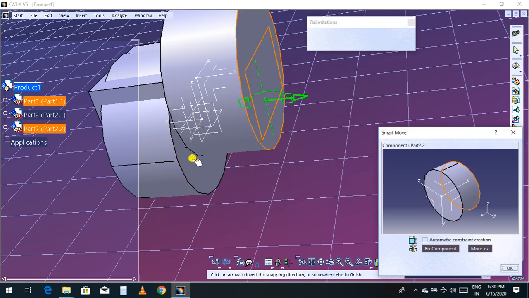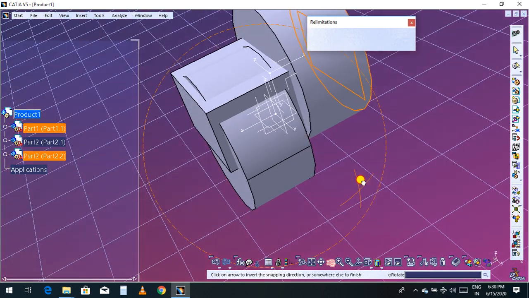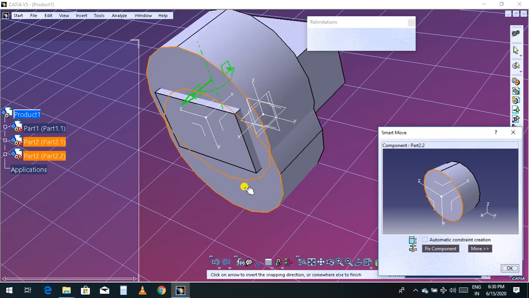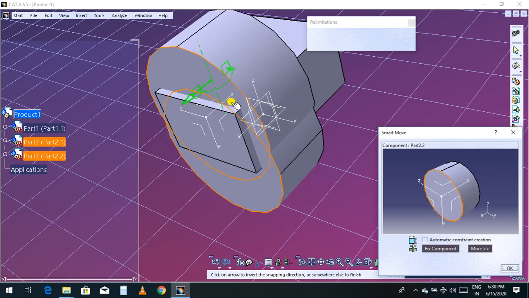So you just select and click the part, suppose I select this face. Now I'm going to attach on this surface, so now it is going to attach. So that is the difference between these two existing components.